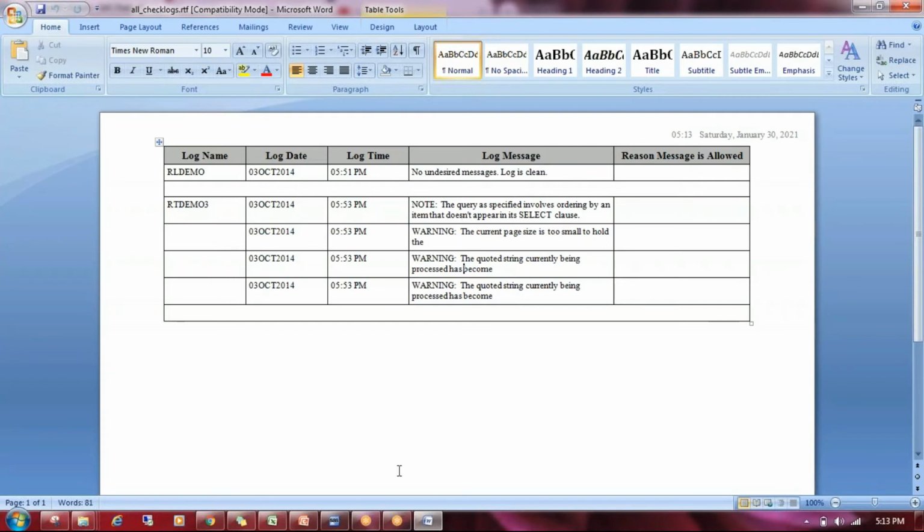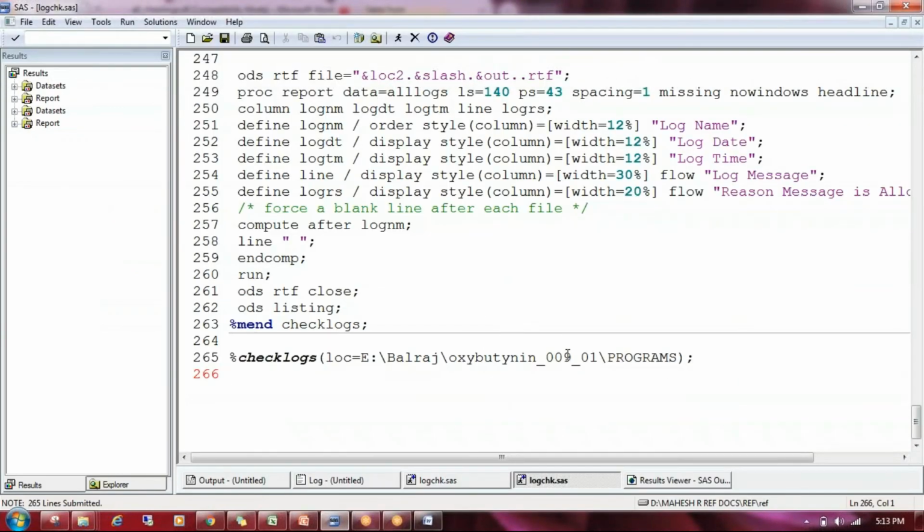By checking this, we can rectify and change the program and avoid these notes as well. Once you clear everything, you have to run this log check macro again. This macro provides the RTF file containing which programs were checked and what errors and warnings are there. Finally, your lead programmer will also run this macro and check whether all the logs are clean or not. If not clean, he will inform you, and he will get a bad impression of you, because before releasing any outputs for review, you have to check your log file thoroughly.